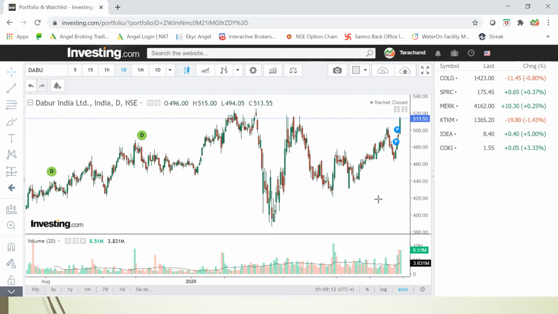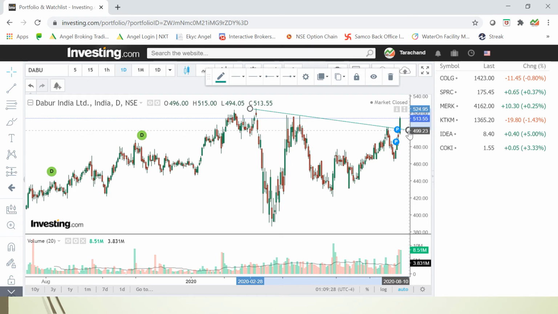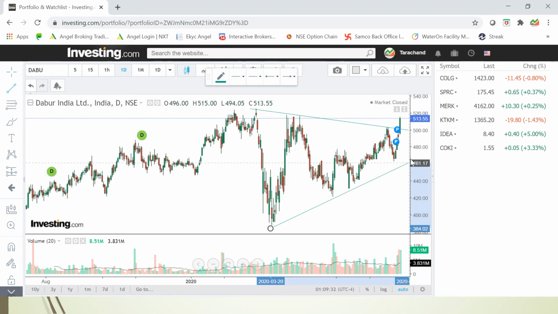Now the Dabur chart is not going to look like the others. So what is the case here is, this is the case here. I'm drawing the pattern it has by combining these tops and these bottoms. Okay,